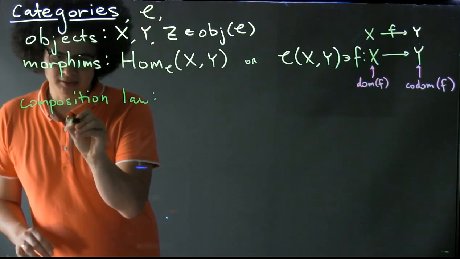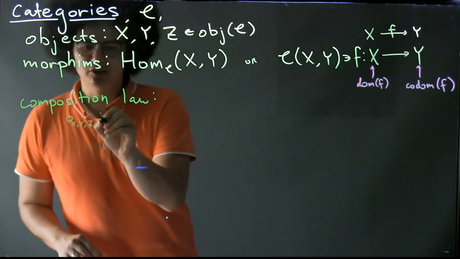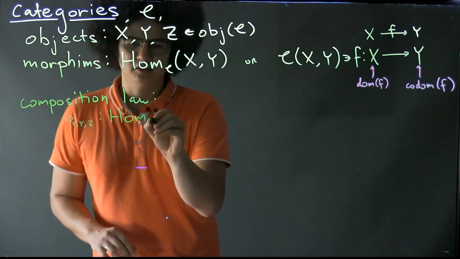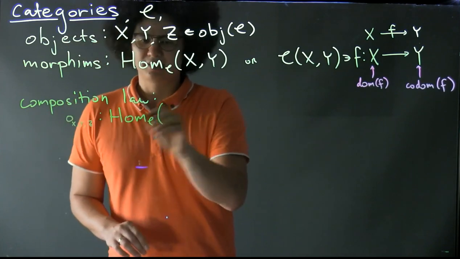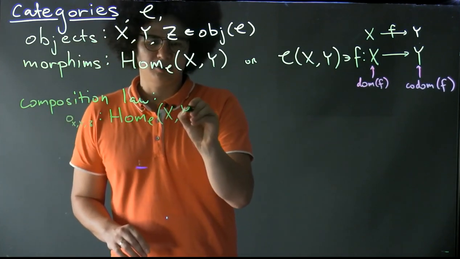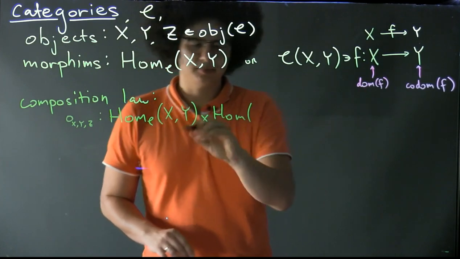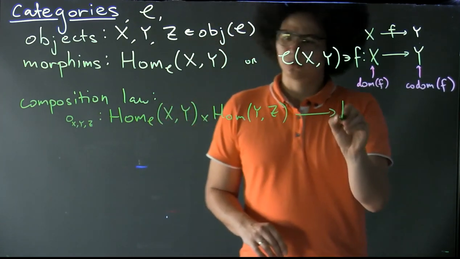So I'm going to write this x, y, z. And this is going to go from the set, which is the Cartesian product, hom(x, y) cross hom(y, z), to hom,